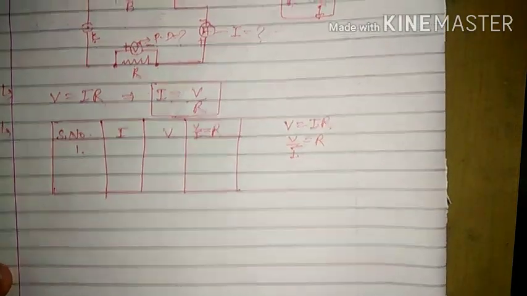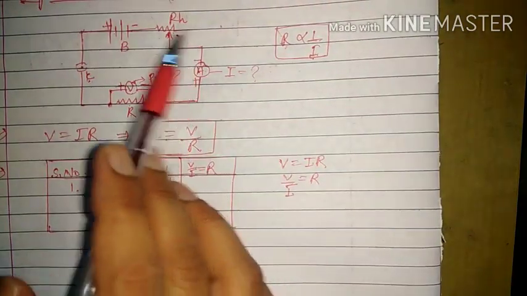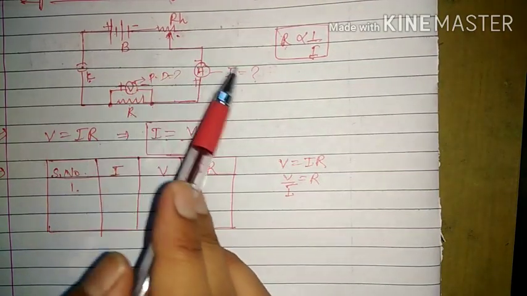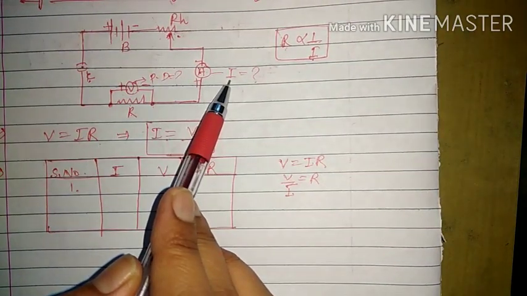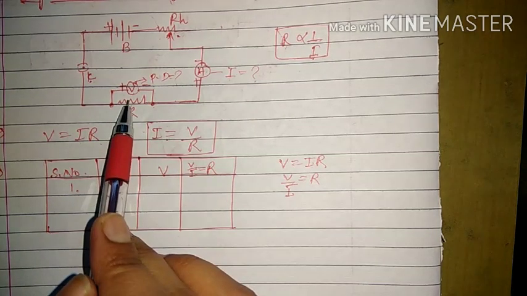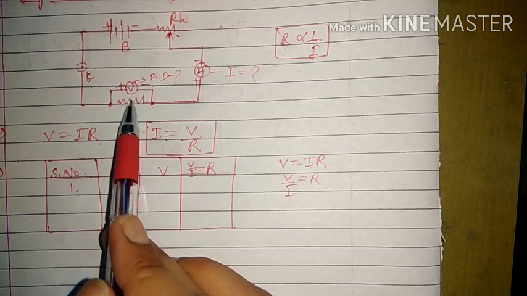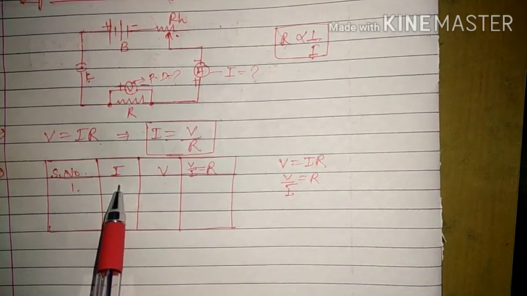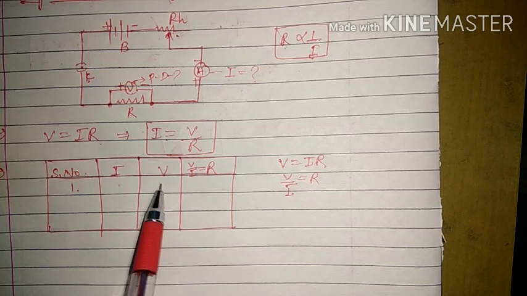Suppose it can be 1 ampere. We have to see that we will change the value of resistance from the rheostat. We will wait until our current becomes 1 ampere. When it is 1 ampere, we will stop and see the reading of the voltmeter. It will be the value of potential difference. So here we will have one value and here also we will have one value.